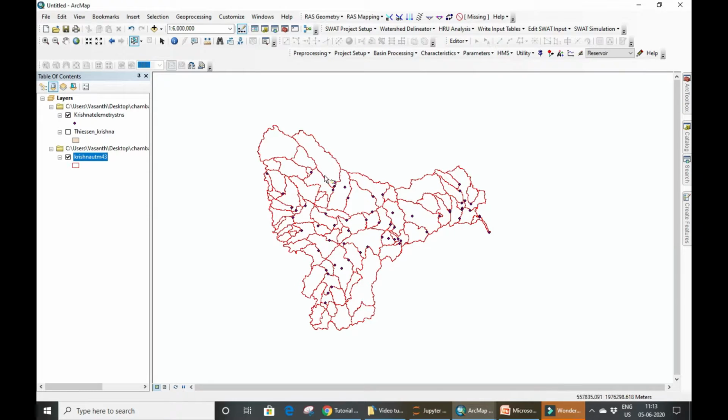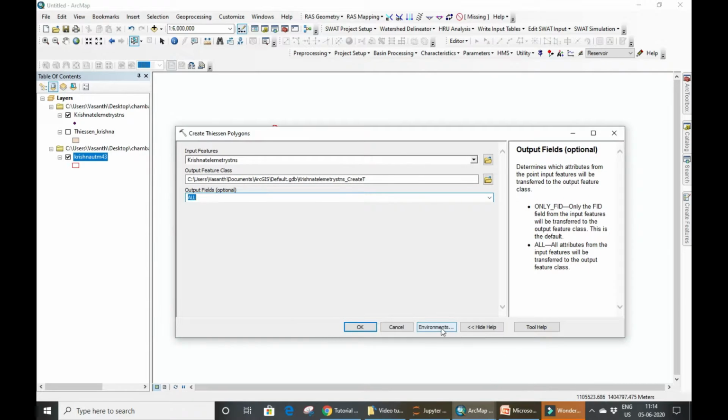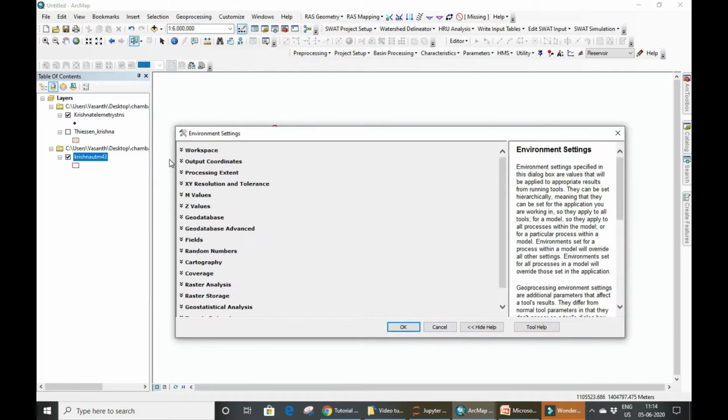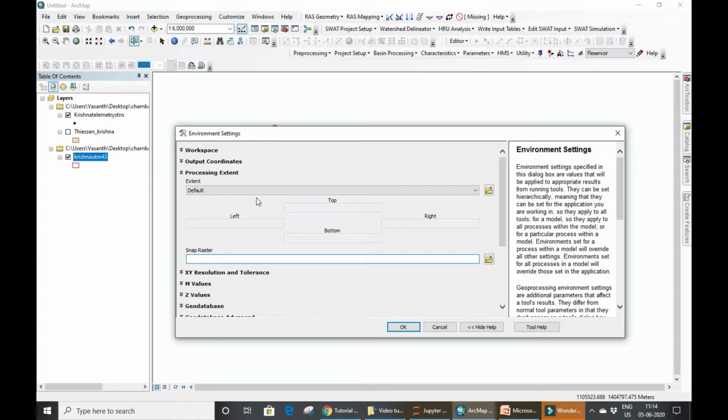But here we need to know very clearly one thing. When you create a Thiessen polygon, you have to set an extent, the maximum extent in which you want the Thiessen polygon boundary to be. If you don't give it, the default is only the maximum extent of the point layer, whereas our subcatchment lies even much above on both sides. So we have to be very careful about the extent which we give for the Thiessen polygon to get created. That can be given in the environment,